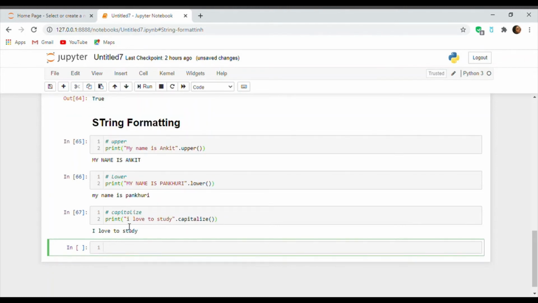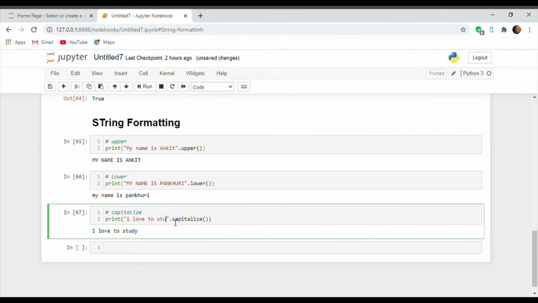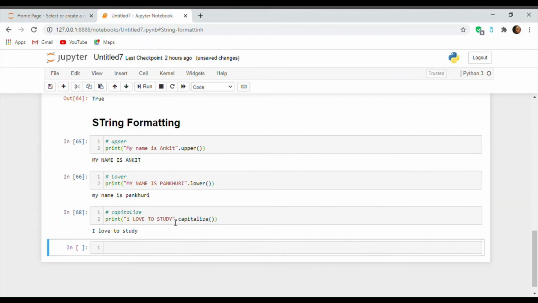So here I was the very first character of your string, and it is in capital letters, and the rest of the letters are in small. See, the very first character is in capital and the rest are in small.